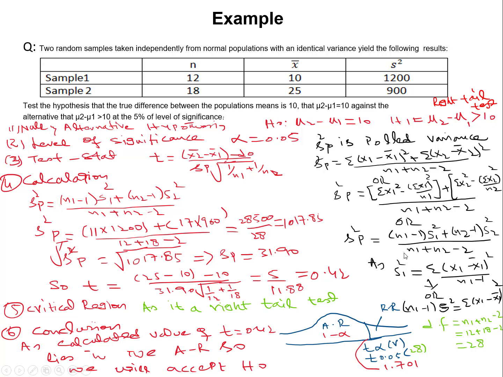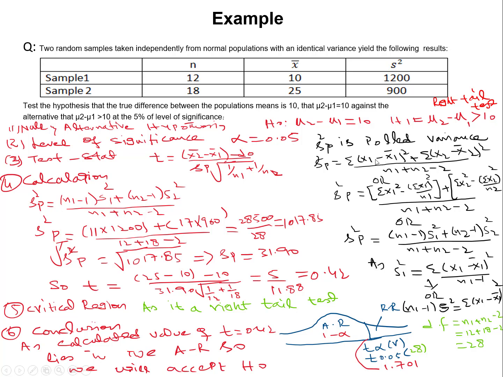You can also write it another way, because in this question we have something given, so we can use this data. You know that the variance is equal to summation of (x1 minus x1 bar) square divided by n1 minus 1. If you take this to the other side, it becomes (n1 minus 1) s1 square. This term is called the square deviation. So if you put in this square deviation, can we put this?